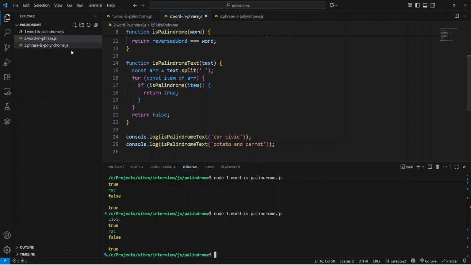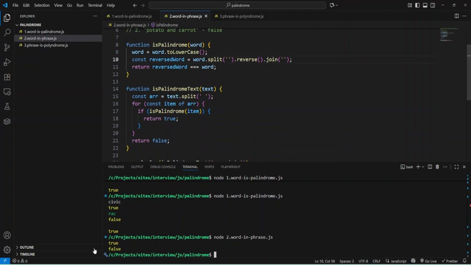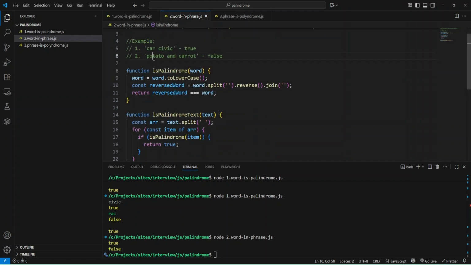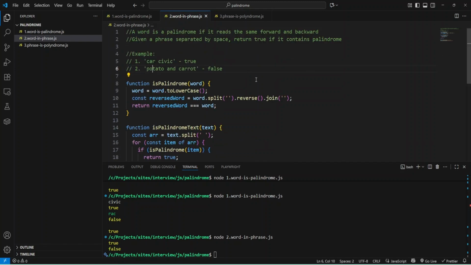Oh, I forgot to change the name. Okay, and as you can see, we have true for the first and false for the second example. Our solution is working.